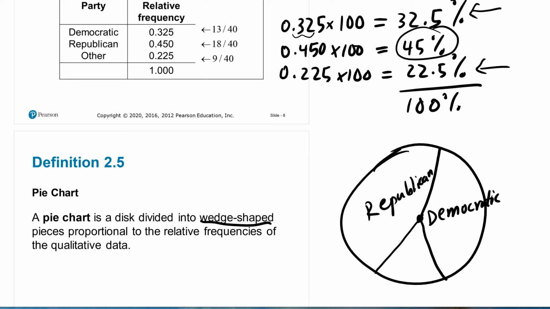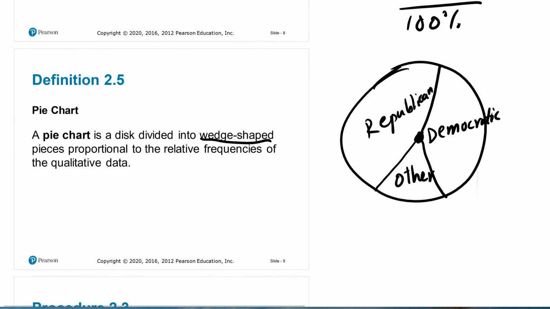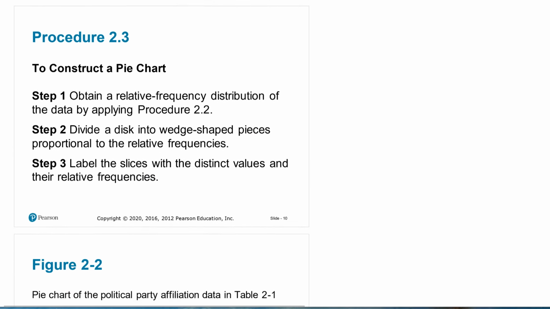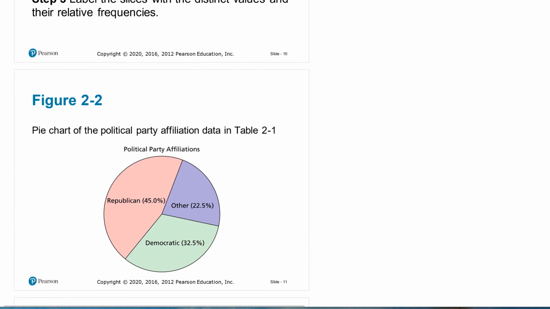And the last one is the other. So it always has to start at the center of the disk, and that's what we have down here. As you can see, the pink one for Republican is 45, Democratic is 32 for the green, and the other one 22.5 for others. And I'm sure you see this not necessarily every day, but